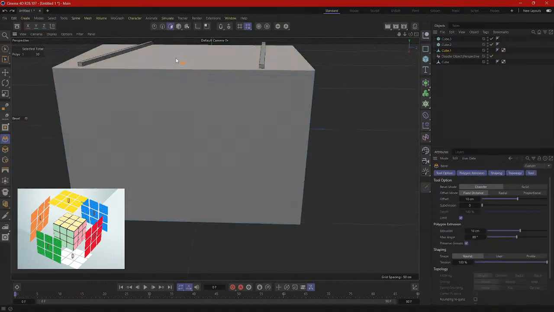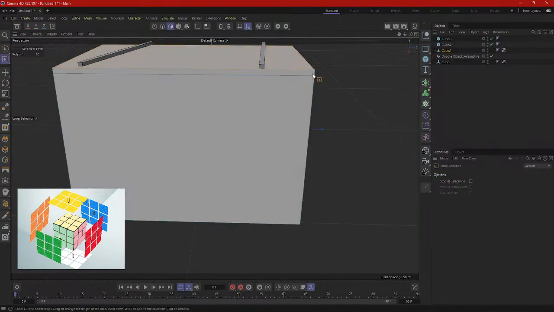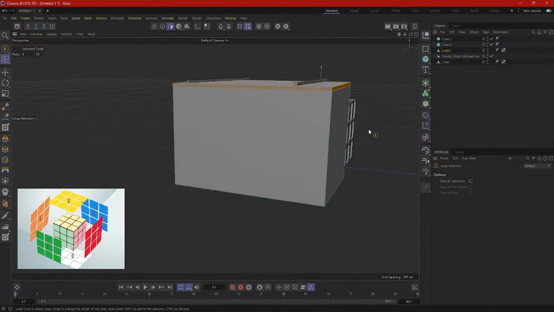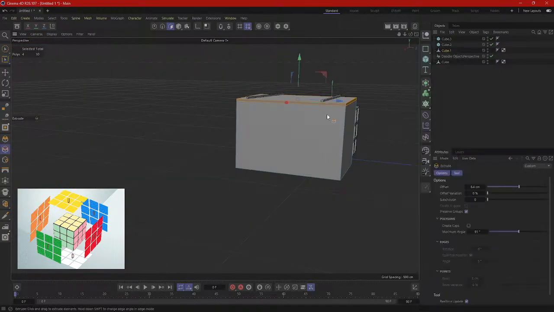Or you can extrude a loop selection, extrude this part to give it more of a top shelf,